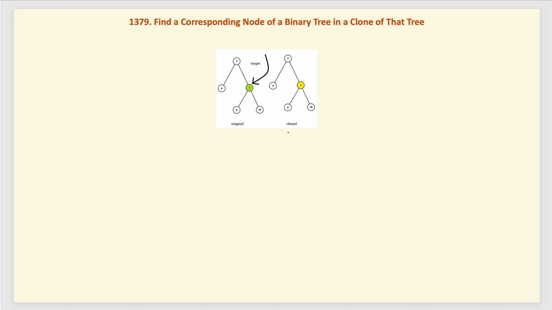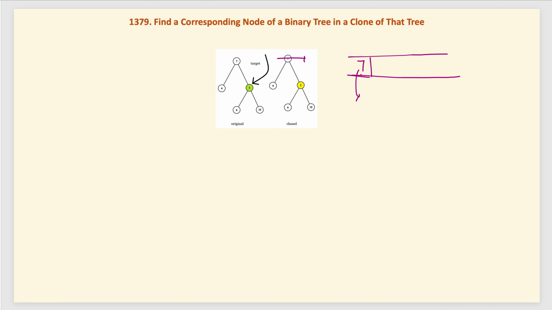Now let's see how we can solve this using BFS traversal, or level order traversal. In BFS traversal, we will use a queue to keep track and we will process the clone tree itself. As we know all the values are unique, first we add the node corresponding to 7 to our queue, then pop it out and check if it is equal to the target value.